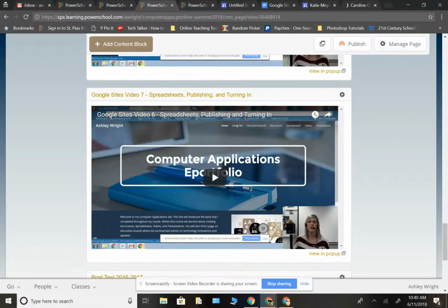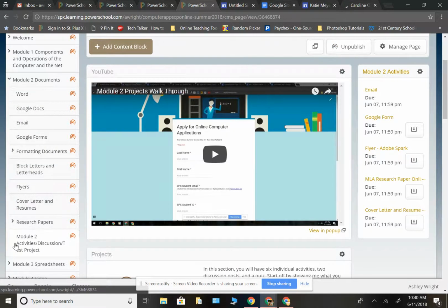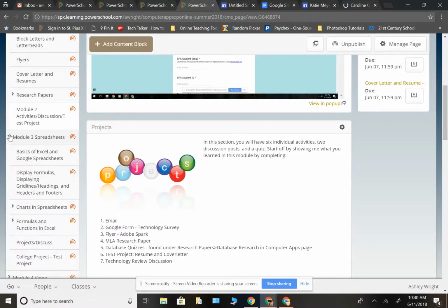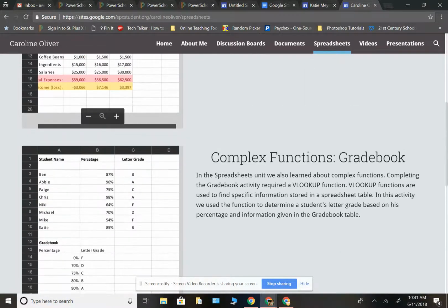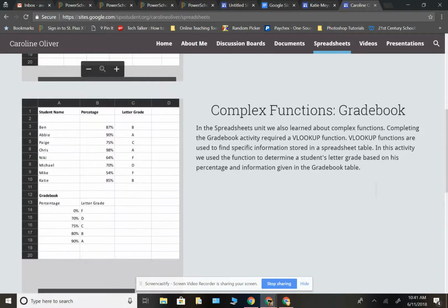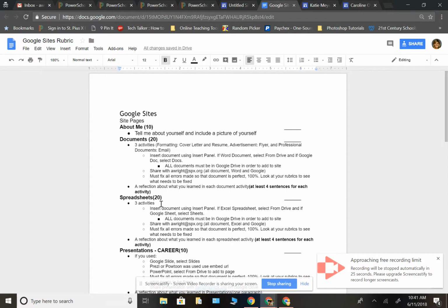So again, when you watch the spreadsheet video, I'm going to tell you that you can actually choose any three spreadsheets, but you have to fix them and you have to put them up. So that is wrong. We are not going to do that this summer. We're actually going to do something else. So as I look at Carolyn's, because again, Carolyn's got a good setup with her website, you are going to do spreadsheet basics and you're going to include the income statement. Okay, that's the one she did and that's the one I gave you. So that's the one you're going to include. Now, the second section she did not include here, which should have been charts, and that's going to be your boy bands activity. And then your last section is actually going to be complex functions, and that's going to be your sports sale. So again, you're going to have three sections on there, and I'm going to put this on the rubric, and that's a change from those